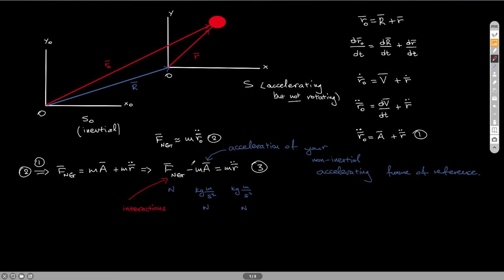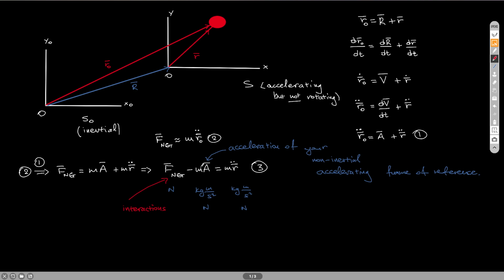Now, is this term really due to a force? No, it is not. There is no force, there is no interaction that gives you this. So this quantity is not due to any interaction. There is no interaction between the system and the surroundings that will give you this. This is purely due to the fact that your frame of reference is accelerating